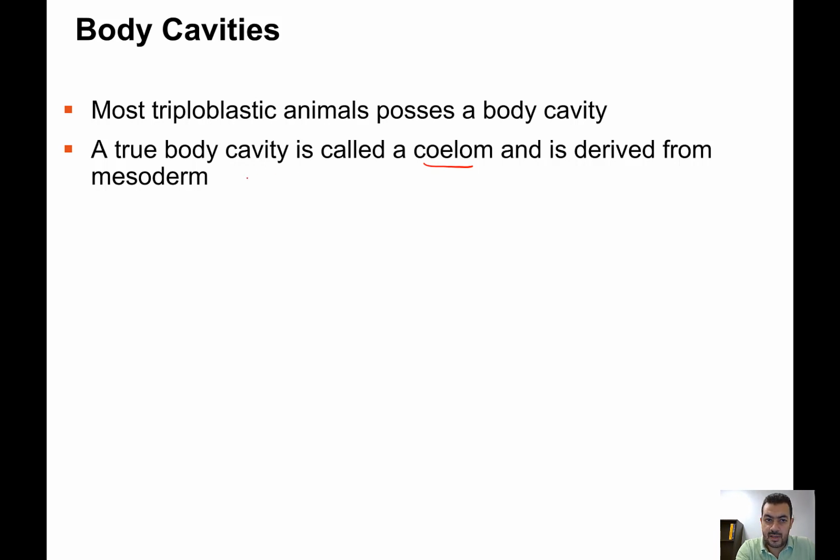So this is a fluid or air-filled space between the digestive system and the body wall,